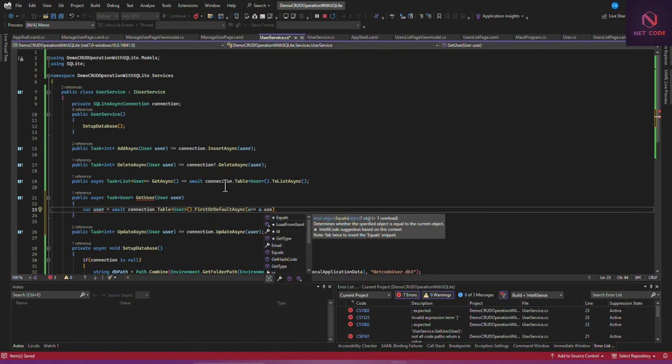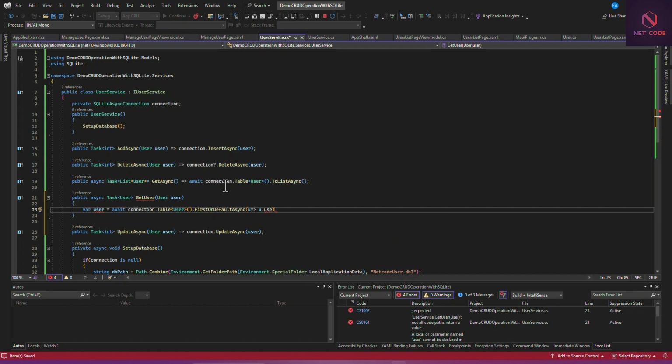So you can use a name, or you can even use the ID. But when coming with a new one, you cannot use ID. So let's use